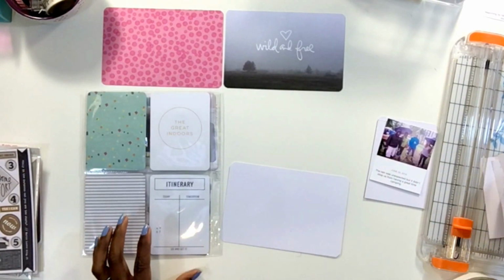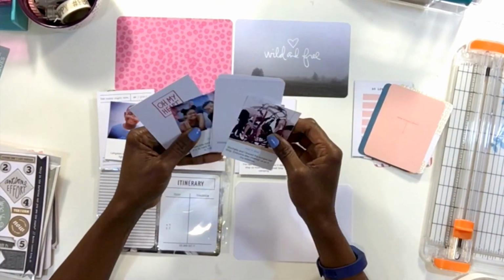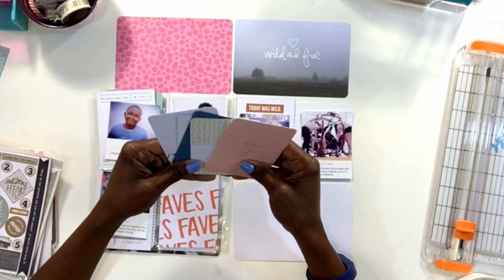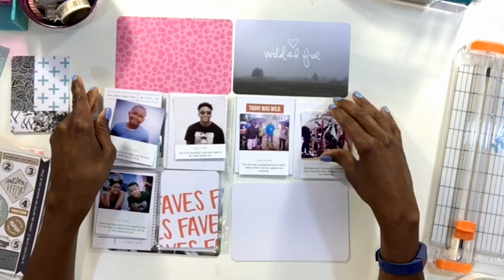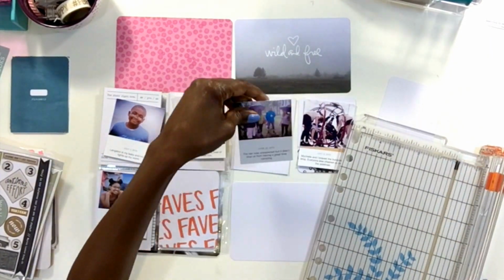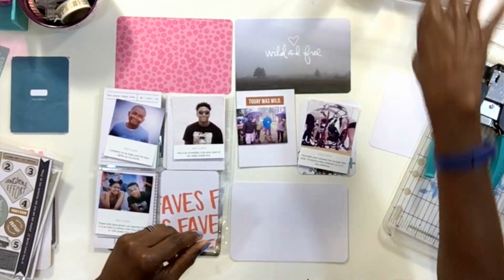That Wild and Free card is definitely from Ali Edwards, and so I'm thinking that will be nice with this kind of campy themed layout. I've got several photos of my boys and some of our friends, and so I'm trying to decide the order and the cards that I want to include with each photograph. So next up, I'm going to play around with this photo of us